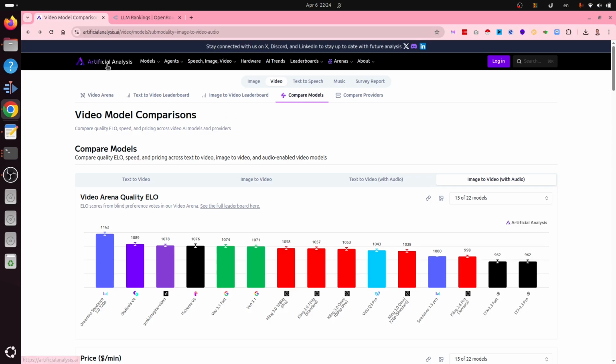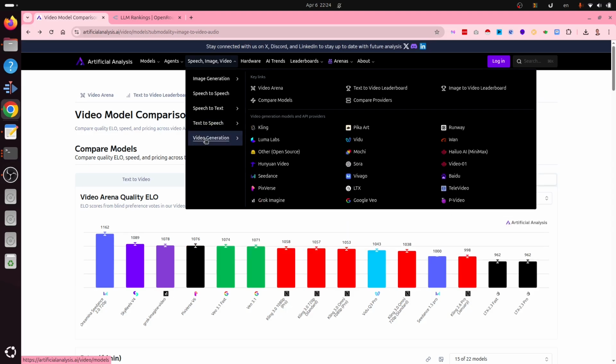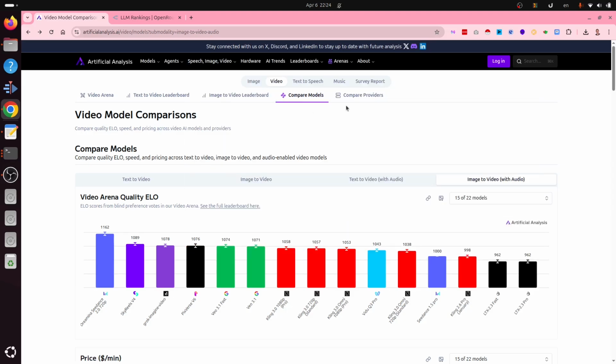Basically, the website is called Artificial Analysis, and it's one of the best resources for figuring out what are the top models for any type of usage. So they have evaluations and benchmarks for image generation, speech to speech, speech to text, text to speech, video generation, etc. Now let me show you,